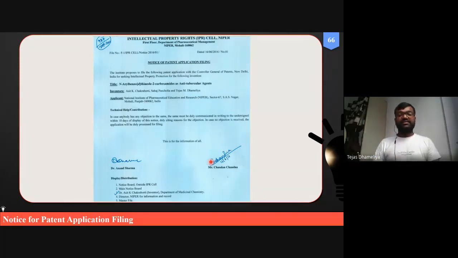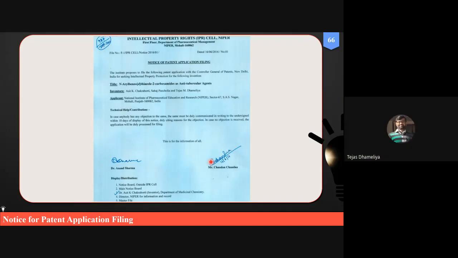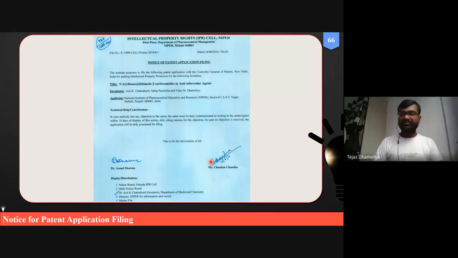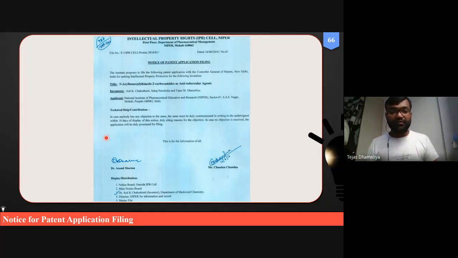So that can be one of the ways to highlight that we are going to file. This will attract other people in society, and anyone who has an objection will immediately contact such persons, right?